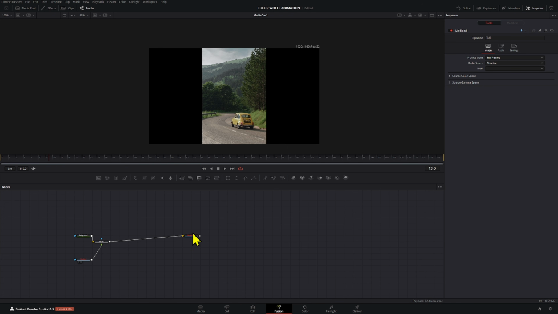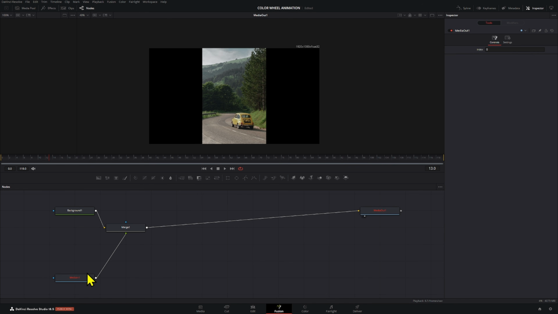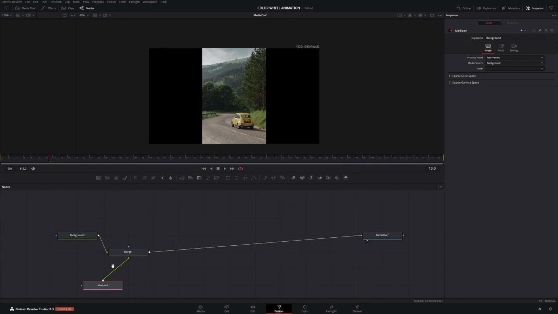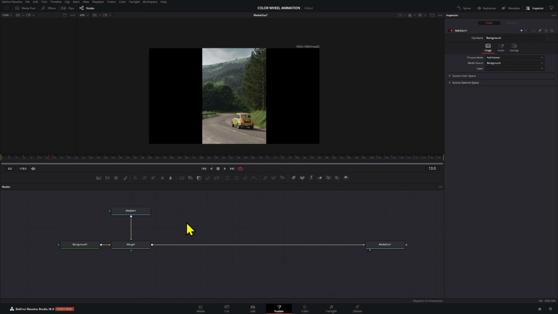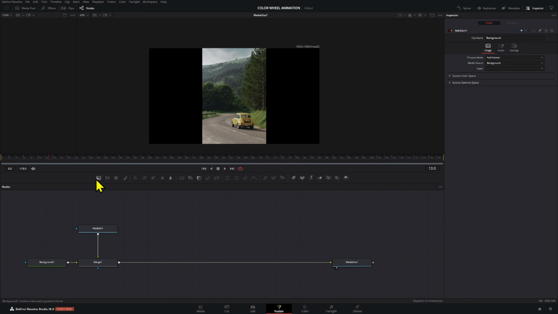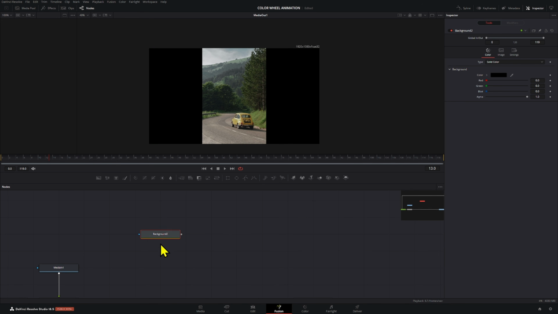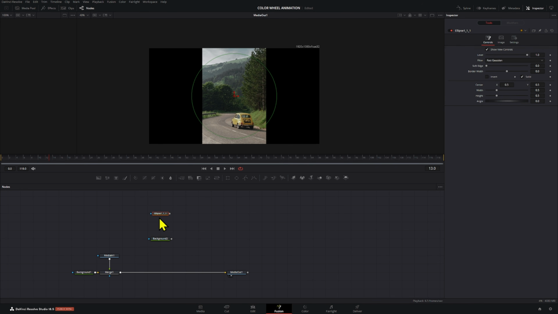Okay, we're gonna press 2. If it shows red for some reason, then it might be easier to just press background. That sometimes fixes it. All right, we have our image right here. The first thing you're gonna need is a background node. Here we're gonna build the first part of our wheel, and then we're gonna add an ellipse right here, which is a circle. You can rename these whatever you want. Just name these Ellipse 1, and there we have that.